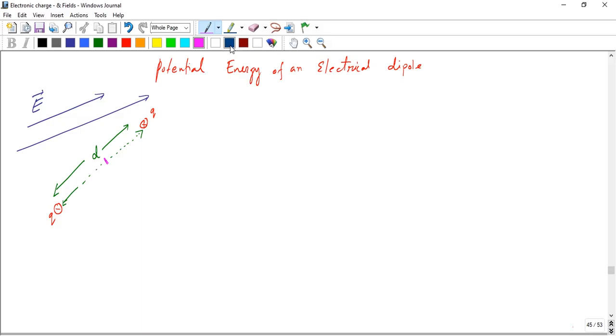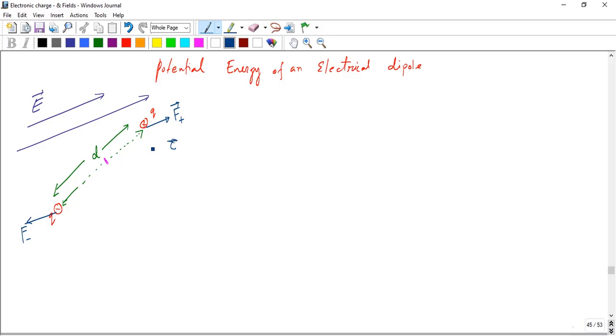Okay, so the force at the plus Q charge is in that direction, and the force due to the minus Q charge is in that direction. So that is similar to what you saw in class 10 with the moment of force. Okay, calculation. If there are two equal forces, so if I apply the couple's law, the torque tau